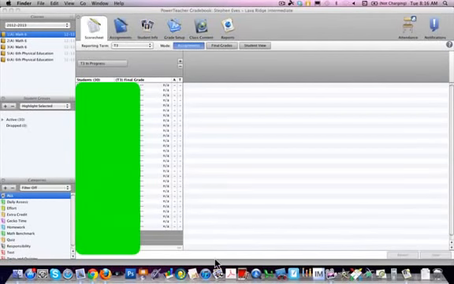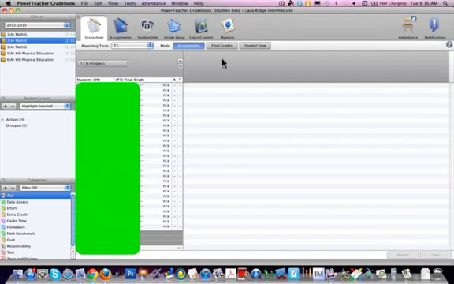Hey everyone, I'm just going to do a quick little video to show you how to set up a seating chart using PowerTeacher Gradebook. It's pretty simple. I've already set one up for my first period class, so I'm going to go to my second period class, and go over here to the attendance, this new icon,